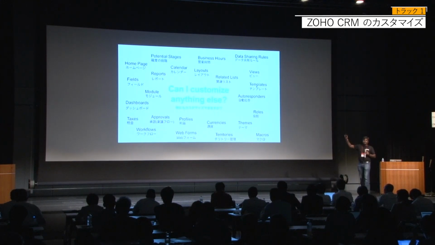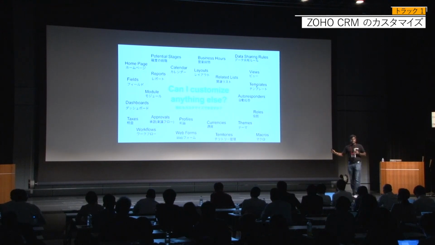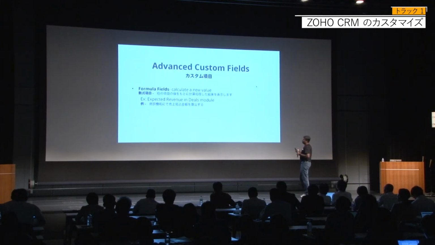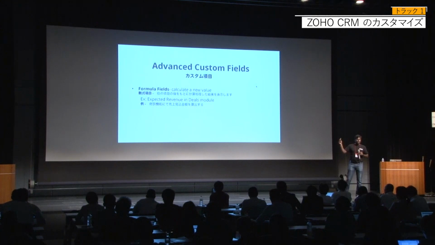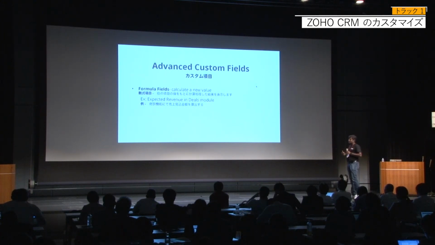Now I'm not going to get into a demo session of this. We saw the basic customization, but we're going to look at what else you can customize in Zoho CRM, where we get into the advanced customization. With advanced customization, we have formula fields that you can create. In the box that I showed, where there were 20 different types of fields you can create, you can also use a formula field so that you can use multiple fields, apply a formula, and get a value in